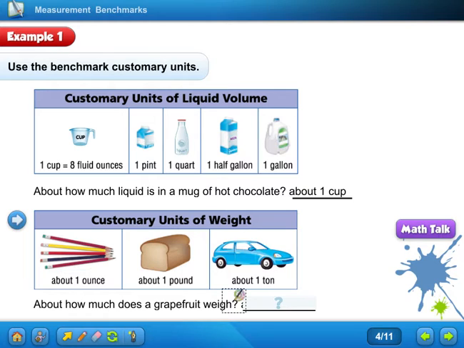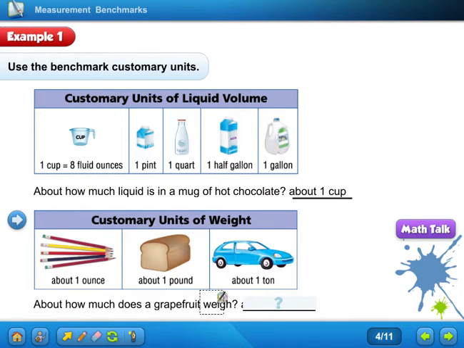A grapefruit. Well, which one could you rule out already? A grapefruit is a little bit bigger than an orange. Grapefruits would be about what? Well, you know it couldn't be a car, right? So let's get rid of that one. Can't be the car. Wrong. So it's going to be about a pound, which is a loaf of bread, or about an ounce, which is